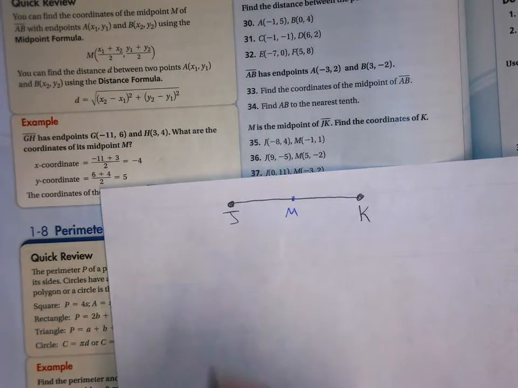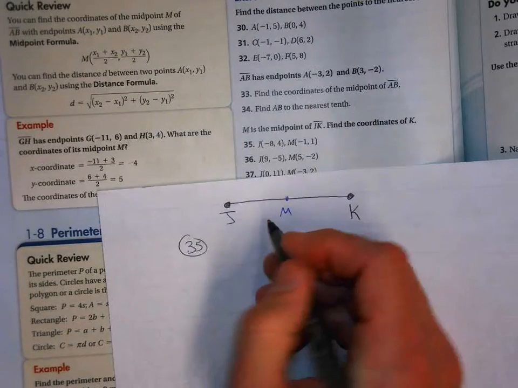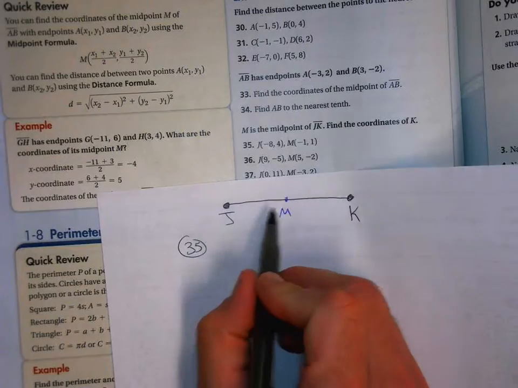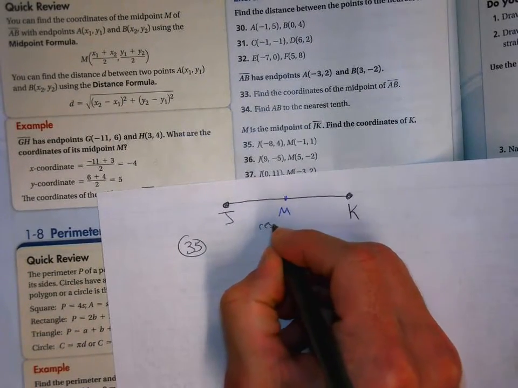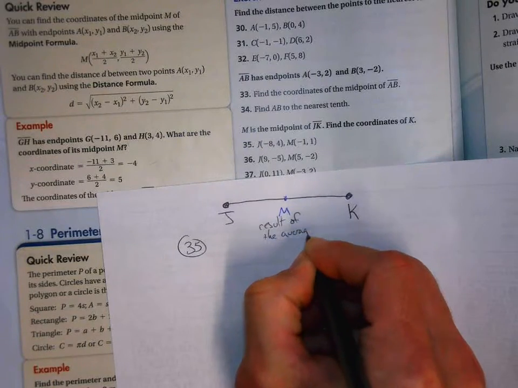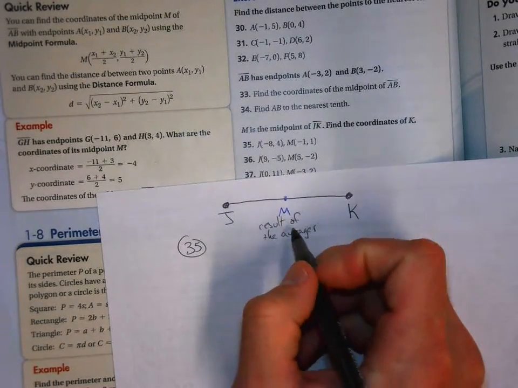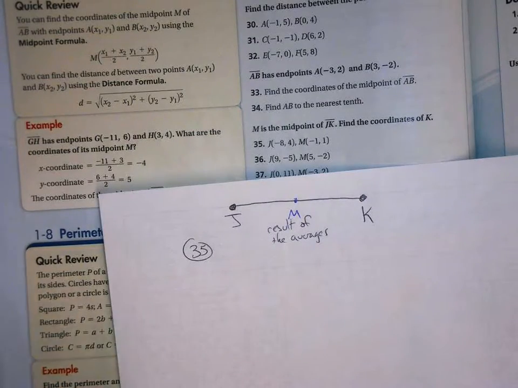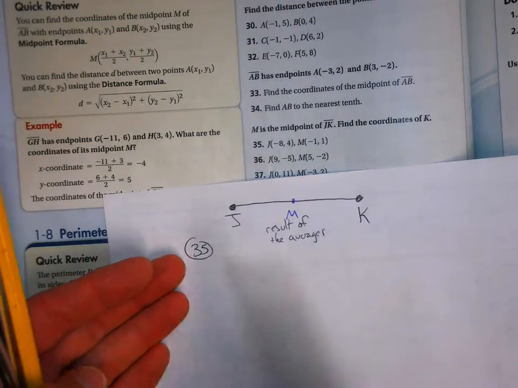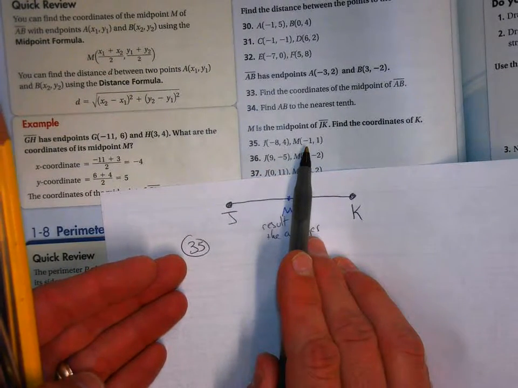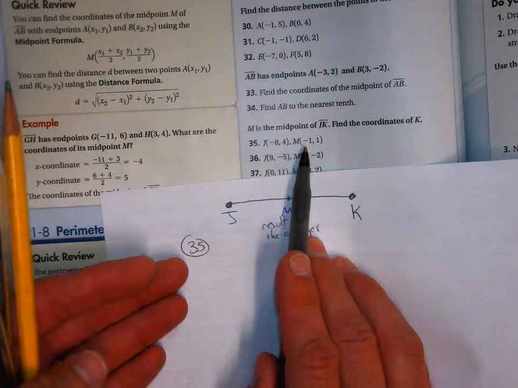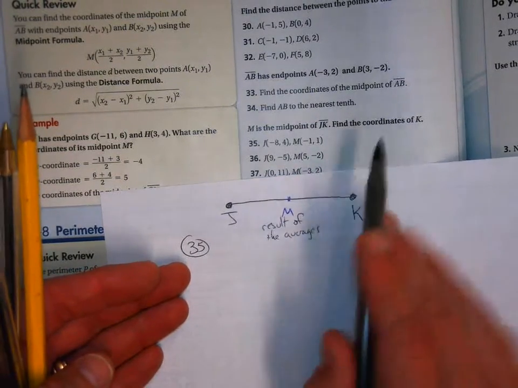So if we look at 35, okay, J is one of the endpoints. The midpoint is the result of the averages. Okay, M, the midpoint, is the result of the averages. J is one of the endpoints. K is one of the endpoints. That means when we take the average x from J and K, we get, in this case, negative 1. We take the average y of J and K, we get 1. So,